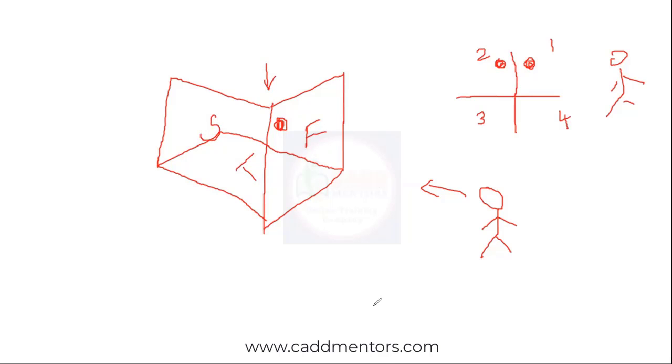Now I'll take a different color. Since the front view is visible to me, I'll keep it as it is, the front view. The side view is visible to me, so I'll rotate this by 90 degrees so that I get the side view. In case I want to view the top view, what do I need to do? Anyone? It will come below the front view.